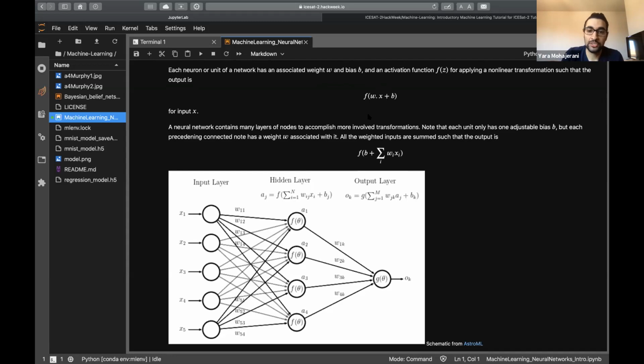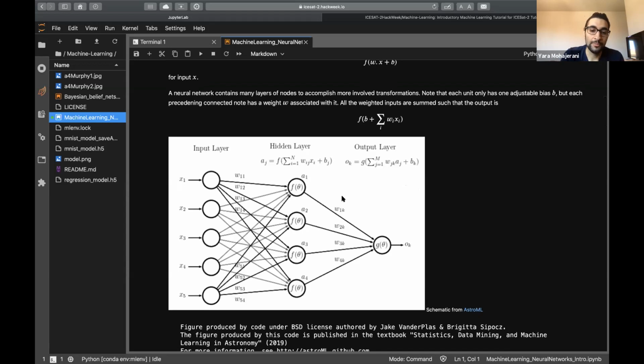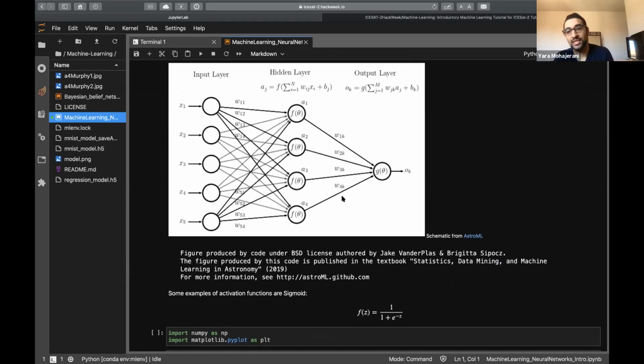So basically the idea is to do a dot product between the inputs and the weights, add the bias, and then apply a transformation, the activation function, which is basically what's written here: the sum of all the inputs, the bias, and the activation function. So what is the activation function? I'm trying to keep this as short and simple as possible, so we're not going to get too much into the nitty-gritty, but